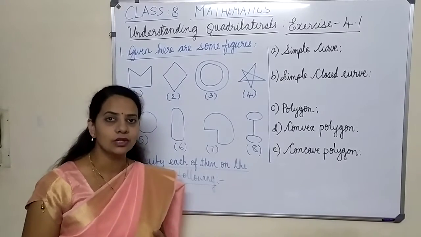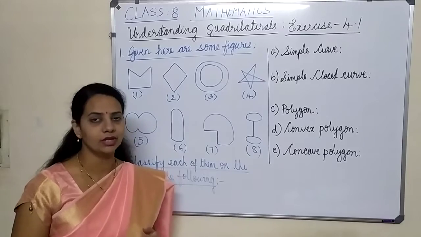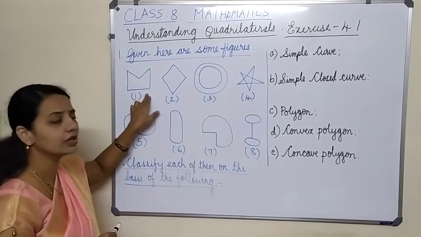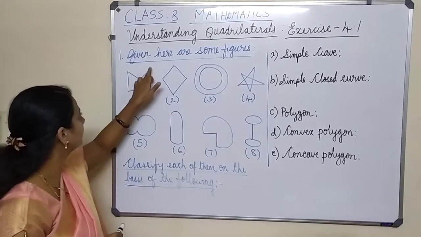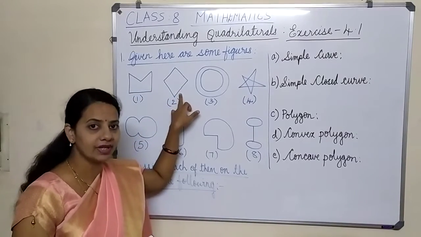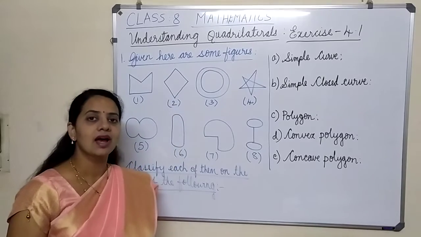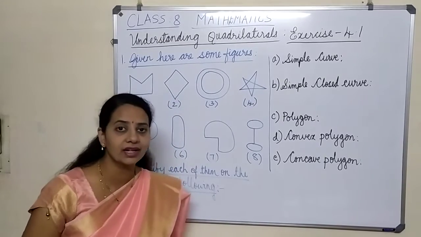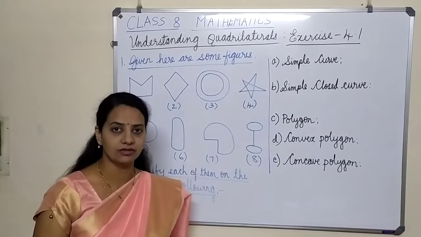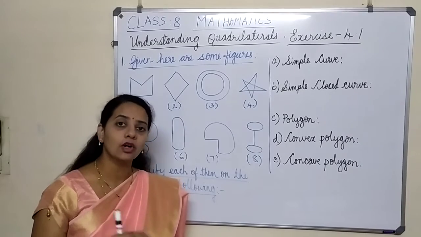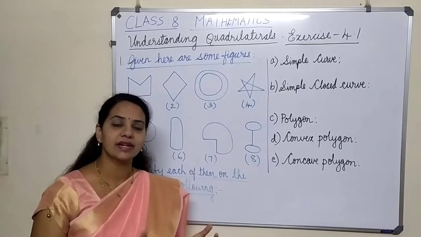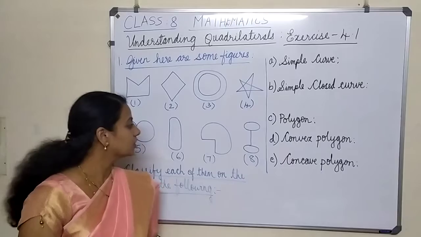And then we also learned about convex and concave polygons, right? This is an example for a concave polygon, where you can see a cave type of figure. And this is an example for a convex polygon. Okay, do you remember, children? And also we learnt about regular and irregular polygons. What do you mean by regular polygons? A polygon which has all the sides equal, the measurement of all the sides equal, and also the measurement of angles equal. All the angles also will be equal. Whereas irregular, it need not be, right? So this much we have learnt.